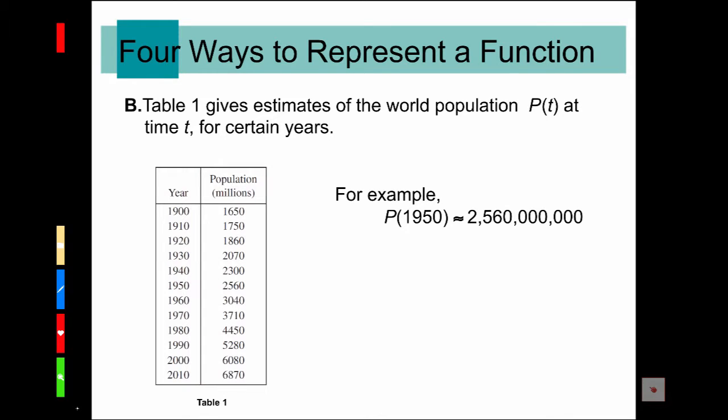Now we can think of the population size as depending on the year, and so our function here would be a function P that takes as its input the year and gives as an output the population size. So for example, if I wanted to know the population size in 1950, I just look in the first column for the input value 1950, and then I'd read across in the second column the output value 2,560,000,000 people. Now notationally, we would usually write this as P evaluated at the input value 1950 is equal to the output value